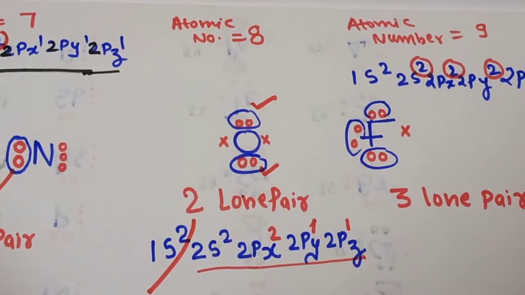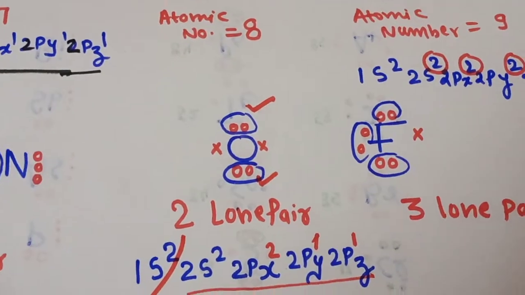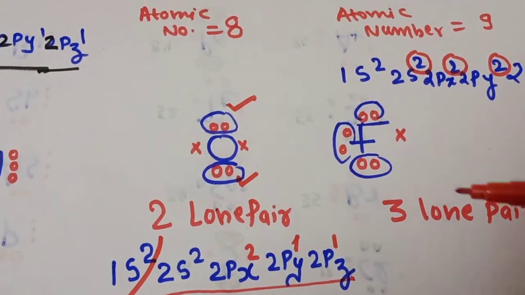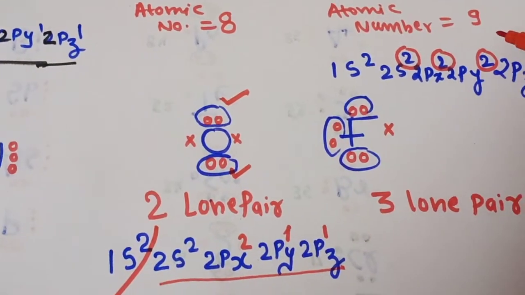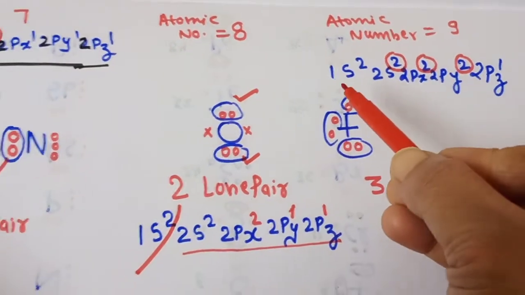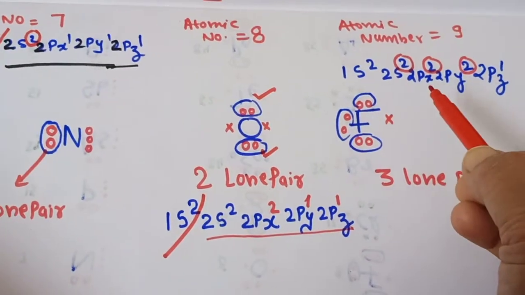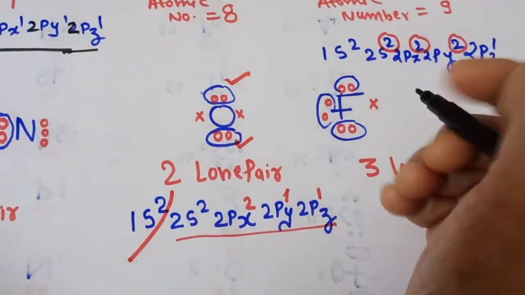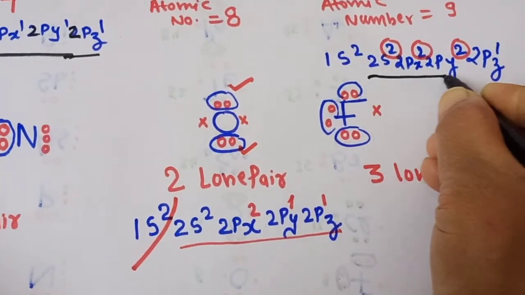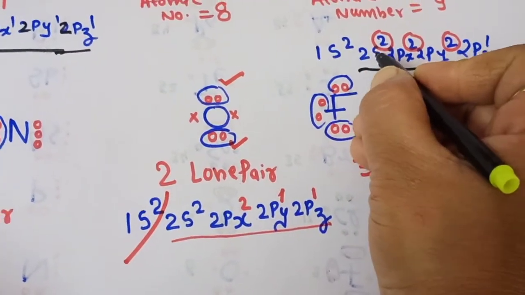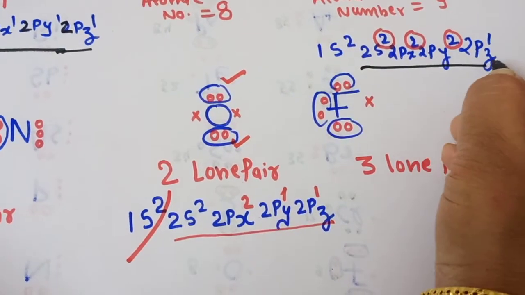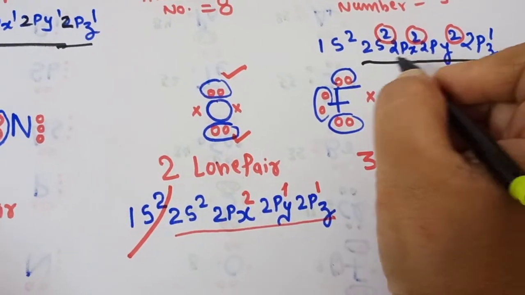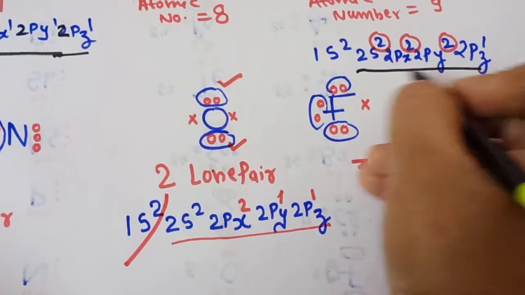So next we can take the example of the fluorine atom. What is the atomic number of fluorine? It is 9. So when we write the configuration, it will be 1s2, 2s2, 2px2, 2py2 and 2pz1. So same here. Students, what is the outermost shell? Outermost shell is 2. Okay, so until this 2 is completely filled, we will say the outermost shell is the second.